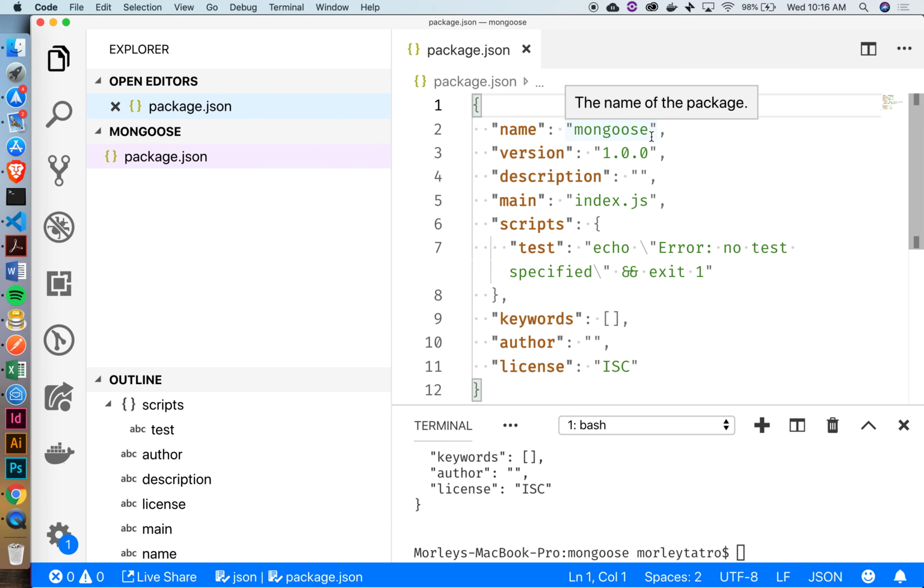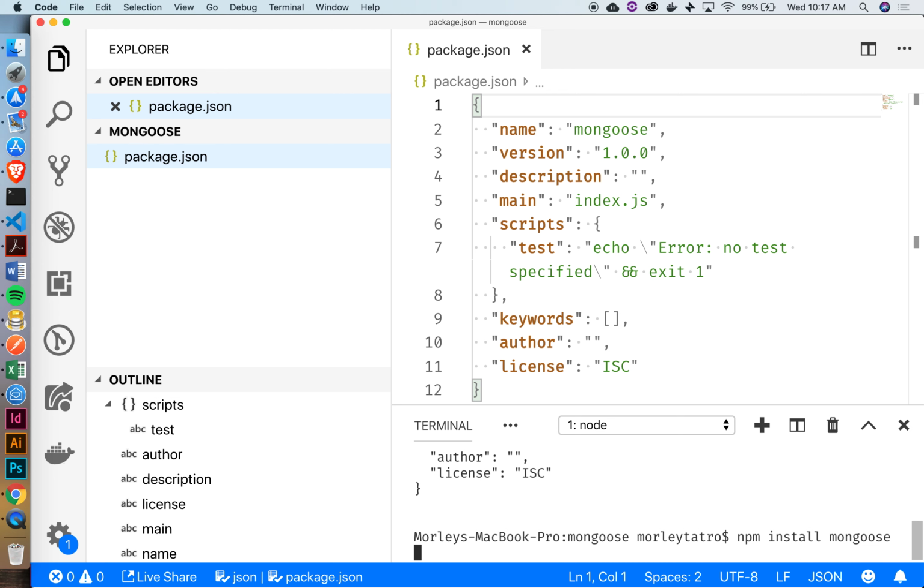The name of the project is not going to be Mongoose because we would have some kind of a name collision here. If I then install the Mongoose package, but my package is called Mongoose, we'll probably see an error. In fact, let's just do that to show what that looks like. So if I go npm install Mongoose,